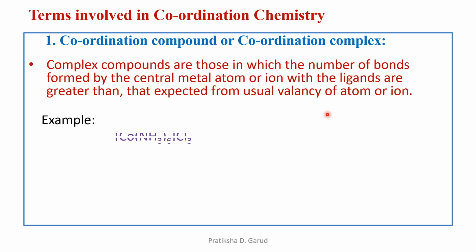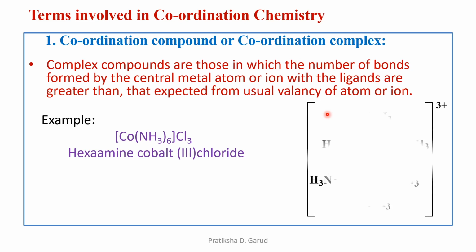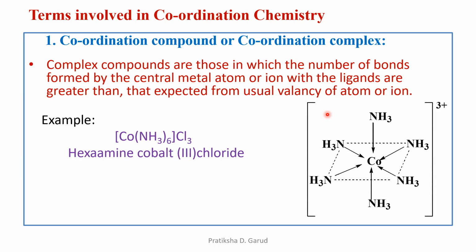So let's see the example. Its example is Co(NH3)6 Cl3. It is known as hexaamminecobalt(III) chloride. So let's see its structure. Its structure is [Co(NH3)6]. Now instead of putting this Cl3, we have put over here the plus 3 charge. So at the center we are having one metal, that is cobalt, and it is surrounded by the 6 NH3 groups. Now from this structure what we can see is there are 6 bonds between the central metal and